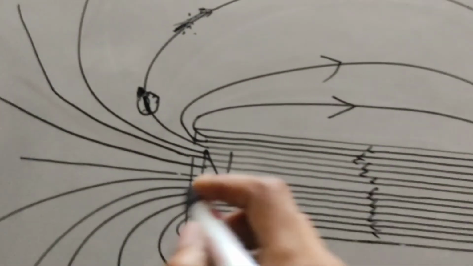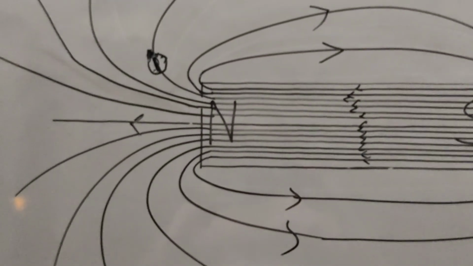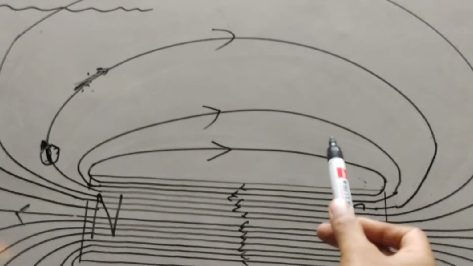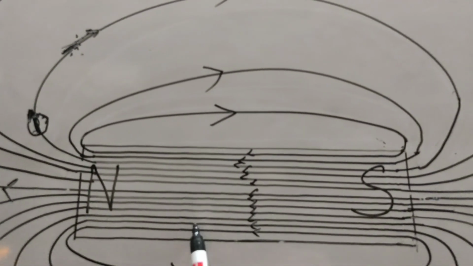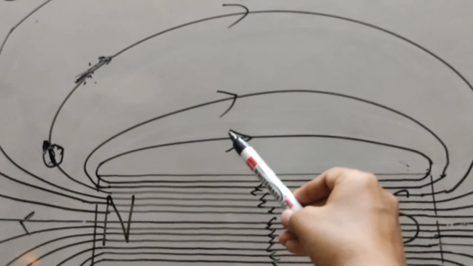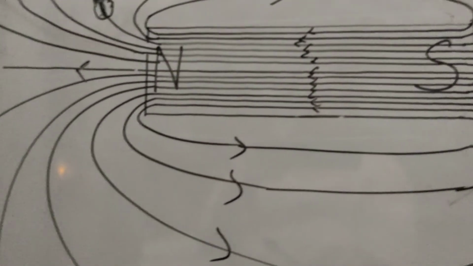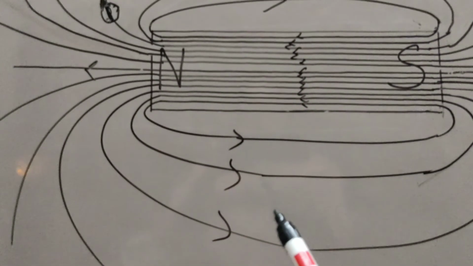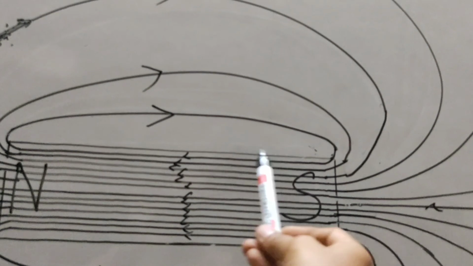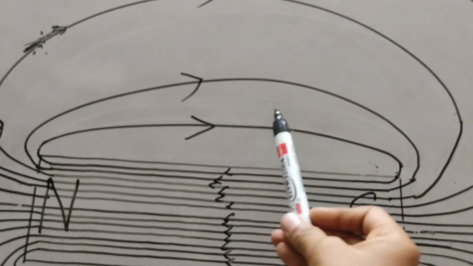Now remember, students, that when we discussed the previous activity, using that activity we can draw these magnetic field lines, but the lines inside the bar magnet cannot be drawn using that activity. Using that activity we can draw only the lines lying outside the bar magnet. And that activity is very time consuming and boring. It's a long process, because to draw one magnetic field line, you have to place the compass at various positions to get those marks, and hence to draw